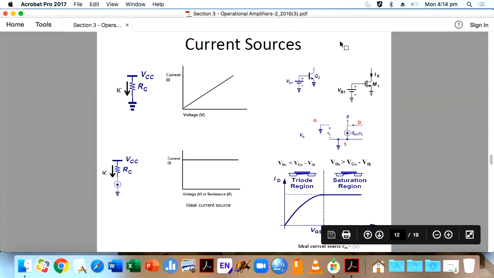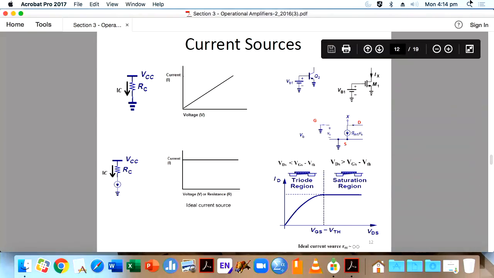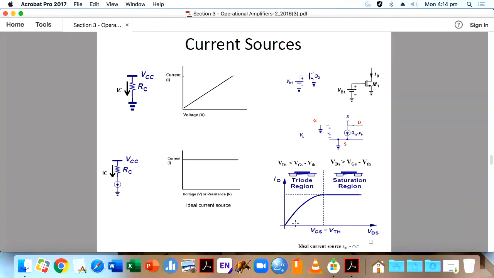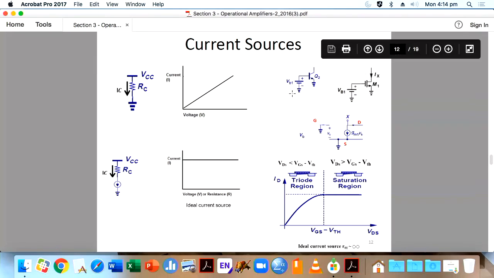Then we can use a transistor for making a current source. Why? Because when you take the transistor characteristics, you can see ID versus VDS for a MOS, or collector current versus VCE, then it will increase and stay constant in this region. If you are operating in the saturation region for a MOS or the active region for a BJT, the voltage is increasing and the current is almost constant. It's kind of a current source. So a transistor can be used for making a current source, but using a transistor